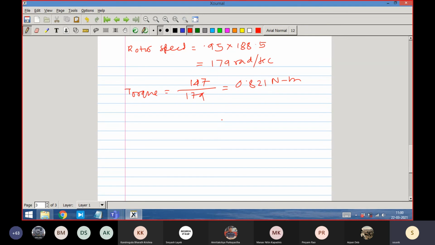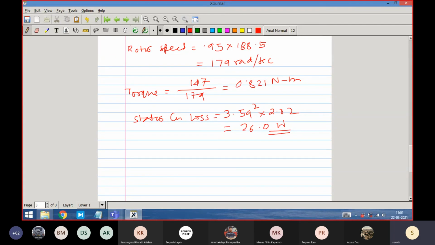And this way you can again calculate the efficiency. Efficiency you calculate by output power by input power. During efficiency you should take stator copper loss also. But anyway, you have found out the input power earlier itself. But just I am writing stator copper loss will be 3.59 square into RS. RS is equal to 2.02, which is equal to 26.0 watt.